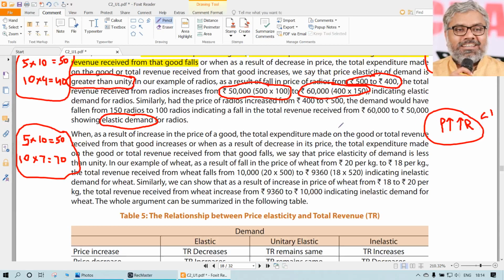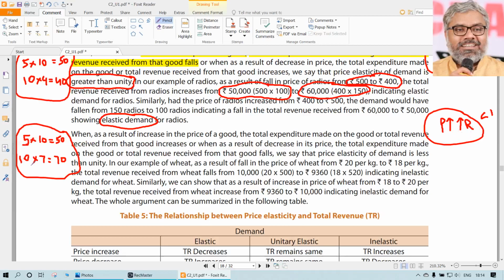Sometimes people have a wrong conception, thinking that price of a product and quantity demanded are directly related here. No sir, price of a product and quantity demanded are always inversely related. Here also inversely related. Price increased from 5 to 10, quantity demanded decreased, no doubt. But it decreased only a little, so that the total revenue has increased. So we are not talking about price and quantity demanded here, observe that. We are talking about price and revenue. Both are going in the same direction.